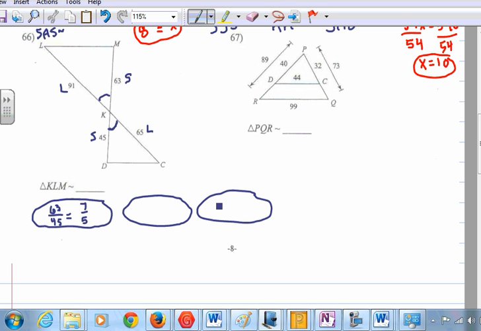Now, let's try the other ratio. So we have 91 compared to 65. What does that reduce to? 7 over 5. So our sides are, in fact, similar. Now we have to check the angle. We know they're vertical angles, so we know they have to be congruent. Since